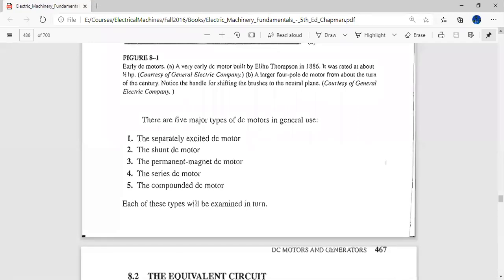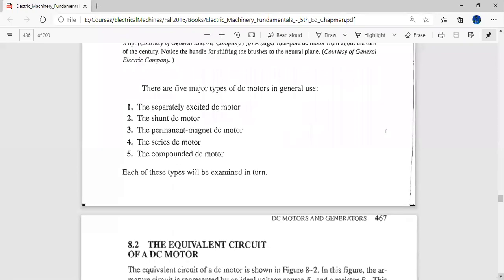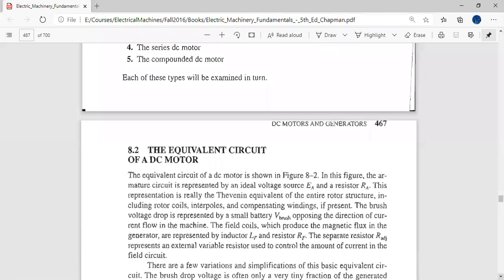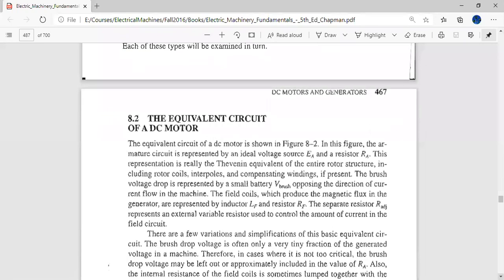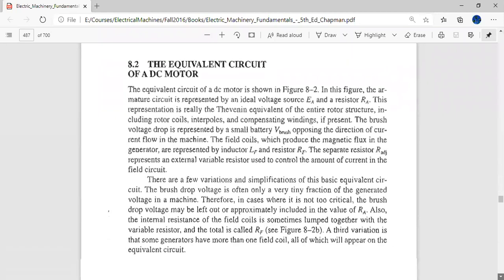In our course, we will be interested in separately excited DC motor generators, the shunt DC motor generator, the series DC motor generator, while we are just going to look at what a compounded DC motor is, but we will not do that in detail because of very limited time left. The exams are beginning from 5th of December, and we are already almost quarter of the way through the CLO4, which is the last CLO of this course.